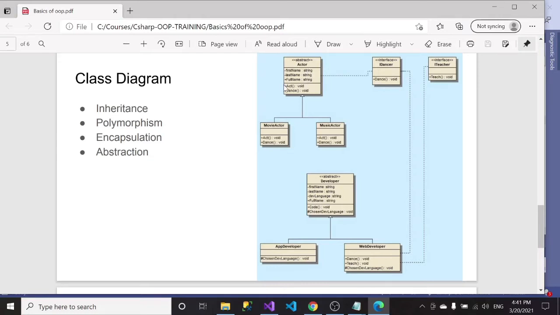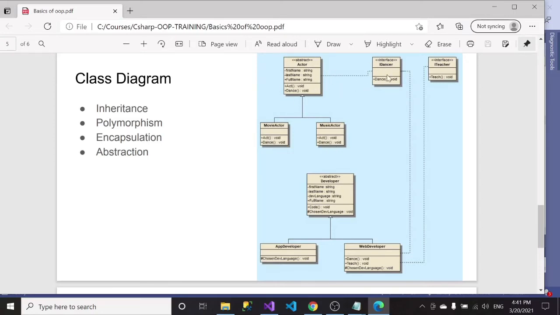And we have a method. We call the first one the act method, which means that an actor should be able to act, but the way they act might be different. So this is why each of these wants to implement the actor in their own different ways. So we can see movie actor acts in his own way, and the music actor acts in his own way. But we give the possibility of dancing to the two of them,